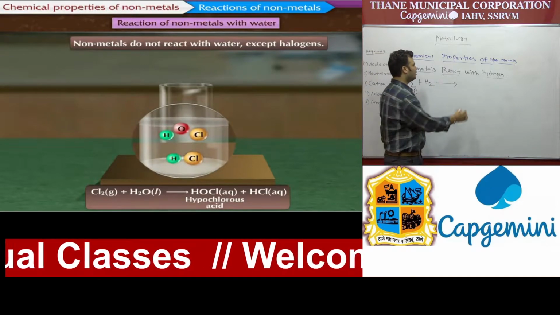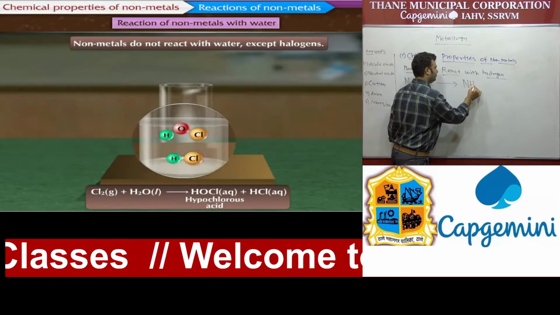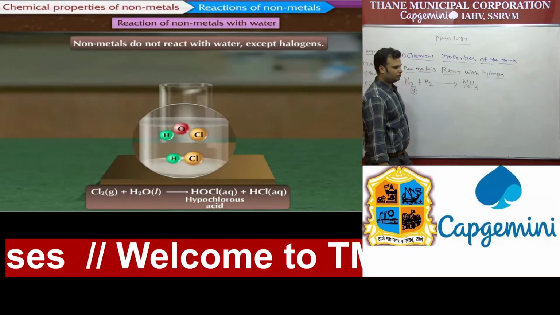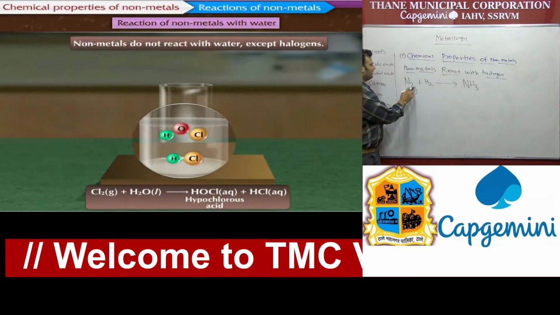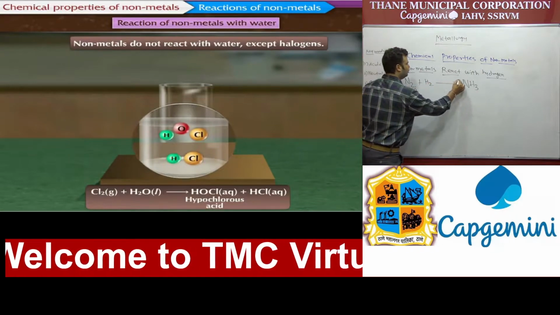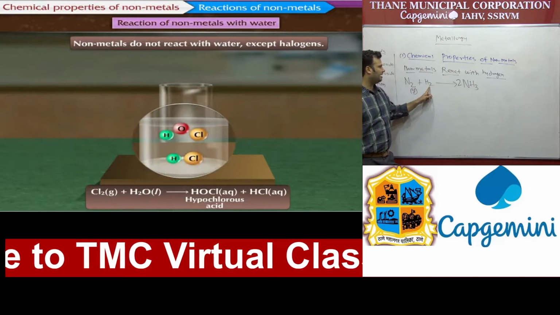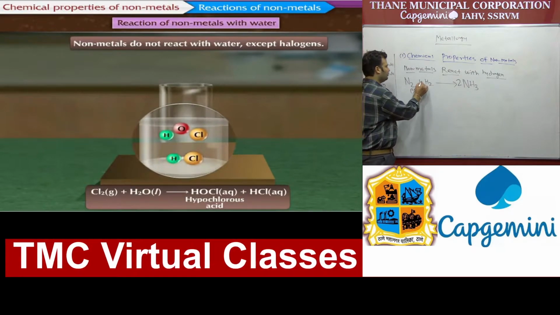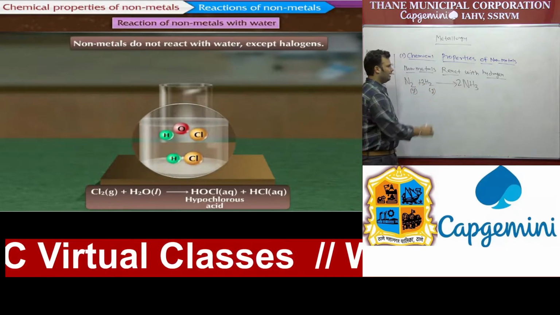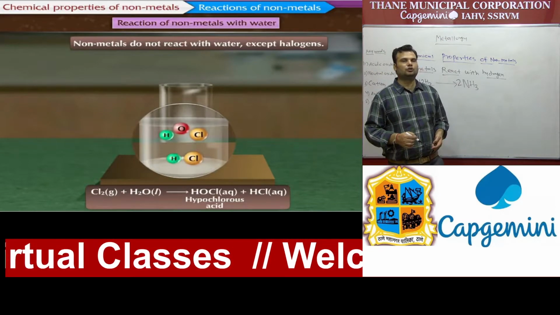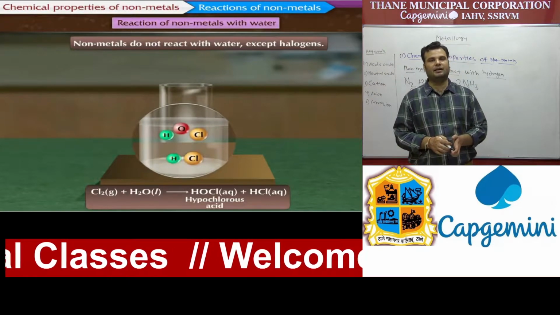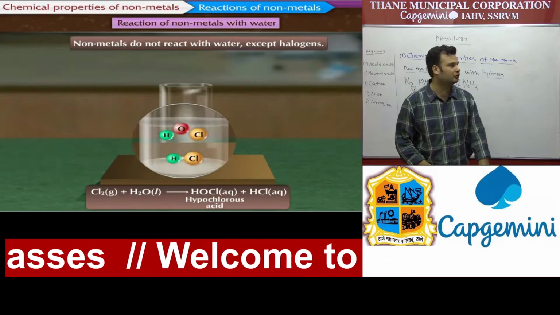What is the formula for ammonia? That is NH3. If you want to balance this reaction, how many N? 2, so we have to take 2 here. But what about hydrogen? 3 times 2 is 6, but on the left-hand side there are only 2 hydrogens, so we have to take 3 here to balance the reaction. And this forms ammonia. It is given by the scientist Haber, and this reaction is also called the Haber process.